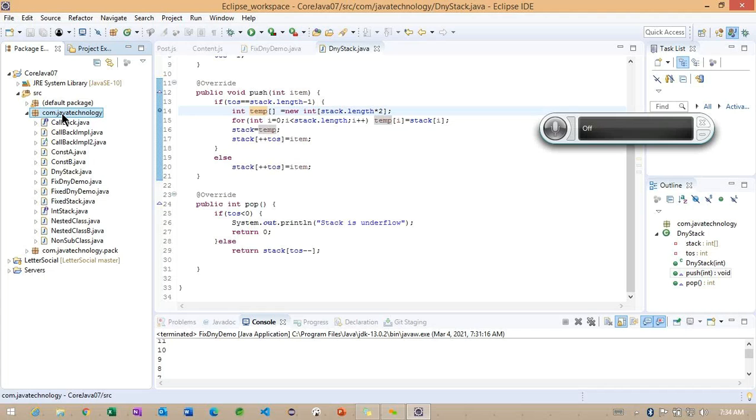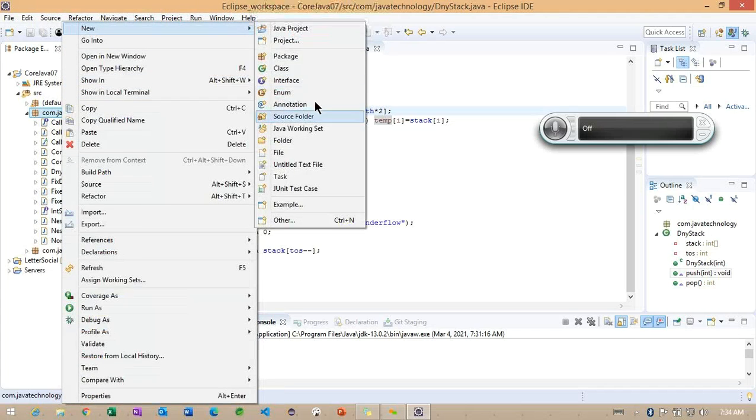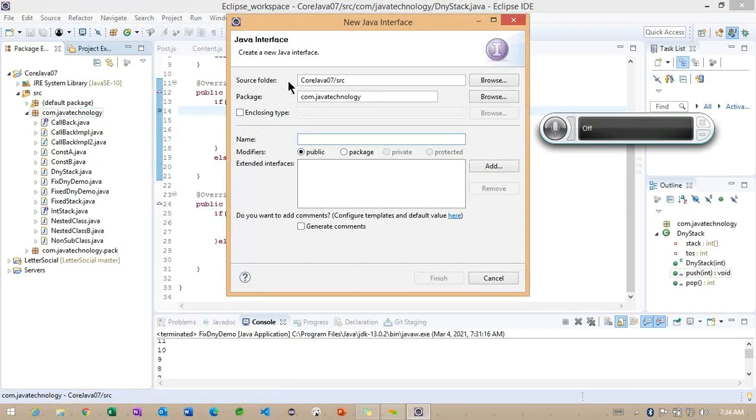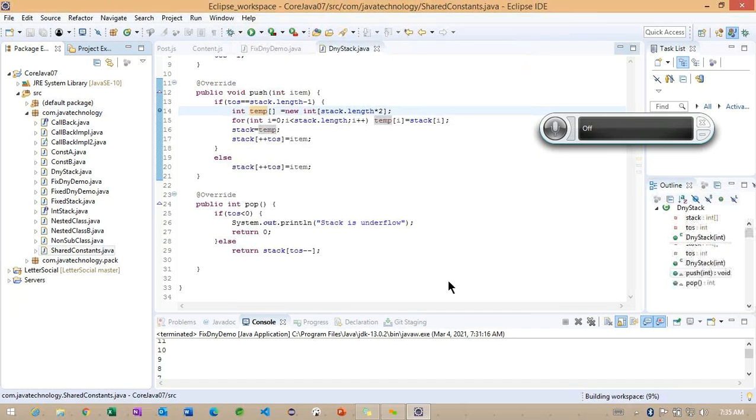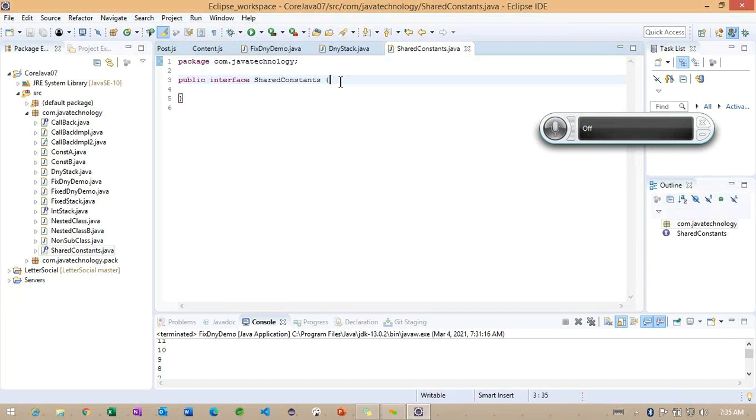Now I will create one more interface here. The interface name is called SharedConstant. So I want to create the constant values here. How can we work with these particular constant values? Getting the point.